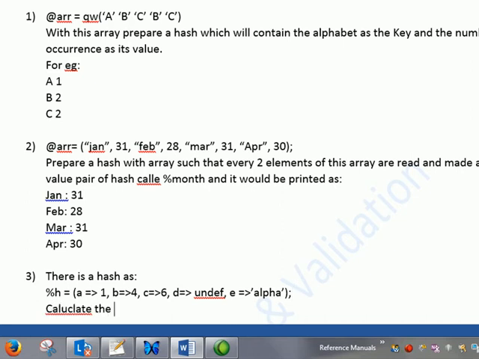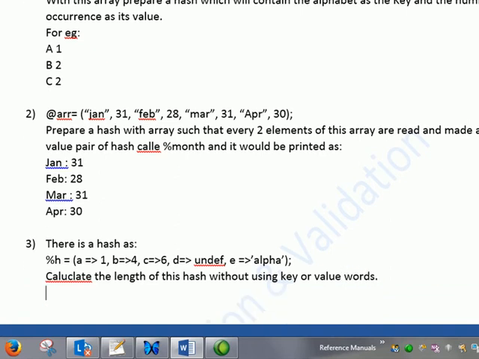Calculate the length of this hash without using key or value word.